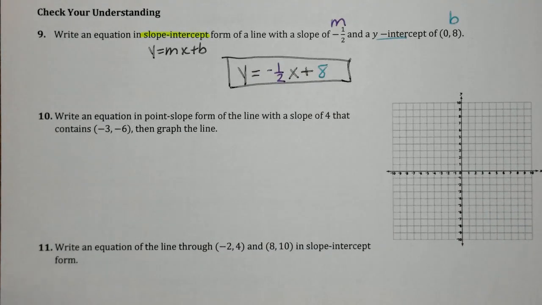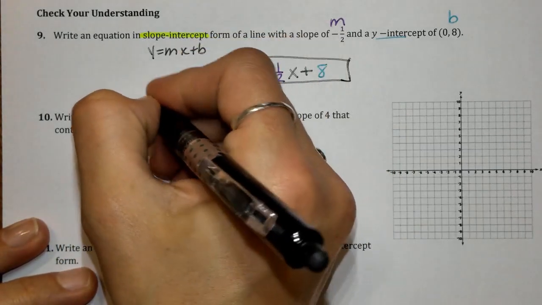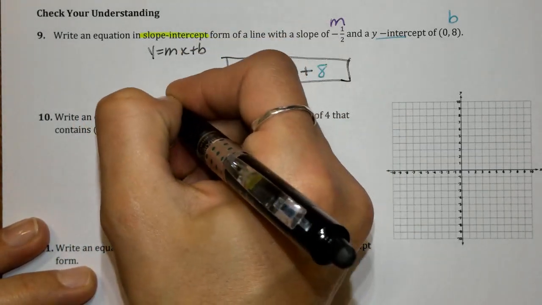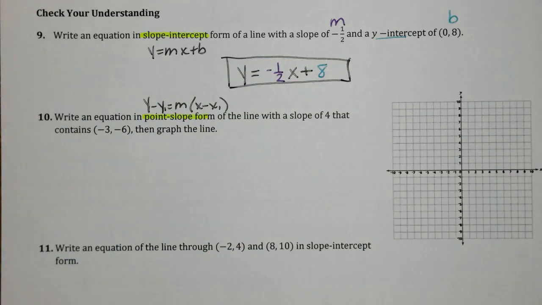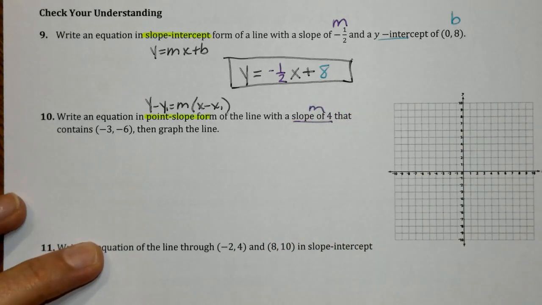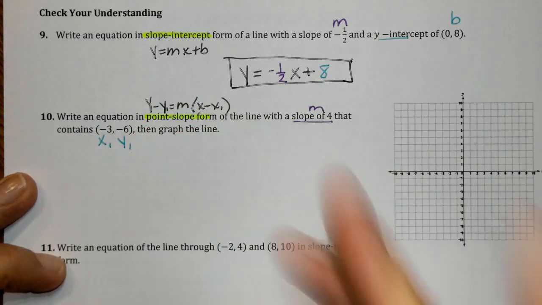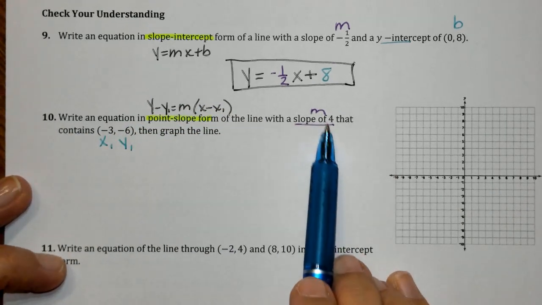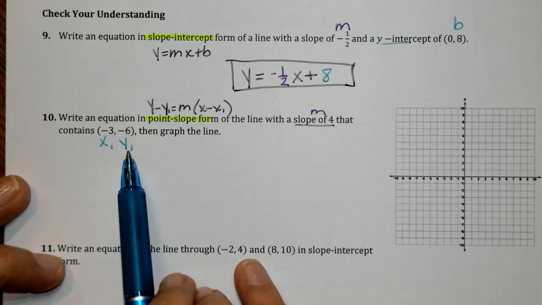Next, we're going to write an equation in point slope form. So this is your y minus y1 equals m parentheses x minus x1. We have a slope of 4, there's m. And then here we have our coordinates, our point, x and y. We're going to use it as our x1 and y1. We're going to substitute in 4 for m, and we're going to substitute -3 and -6 in for those x1